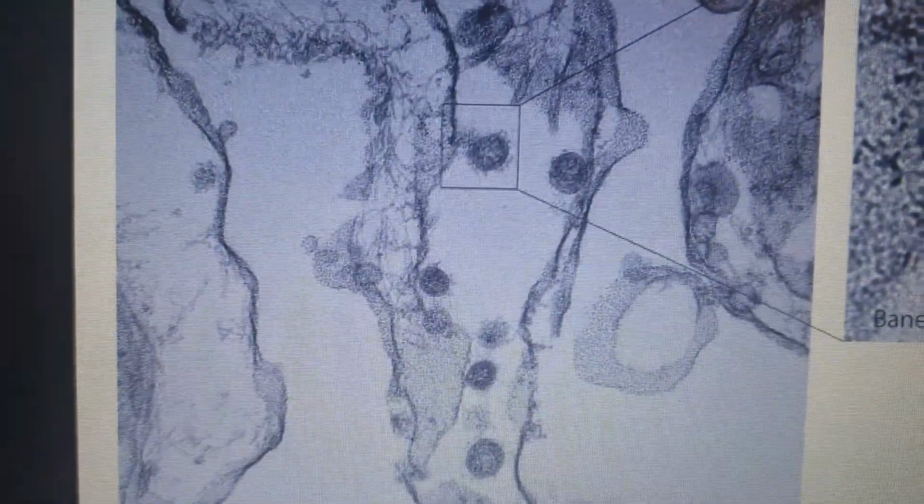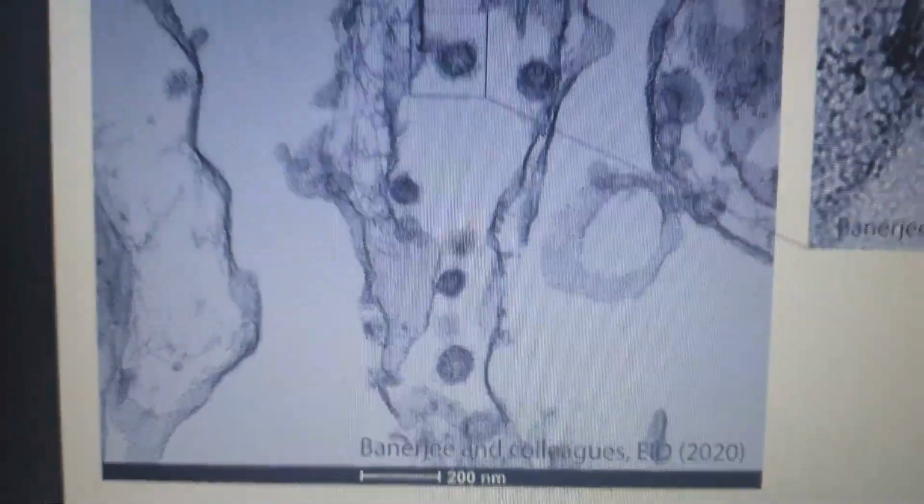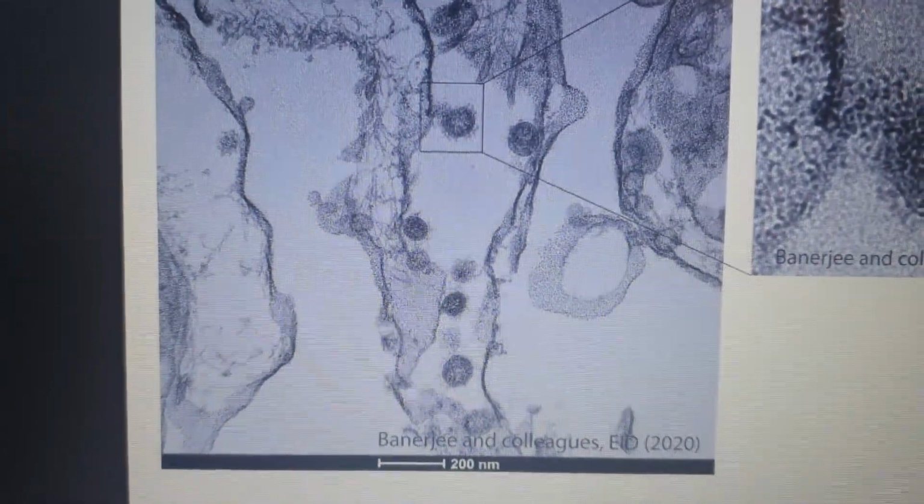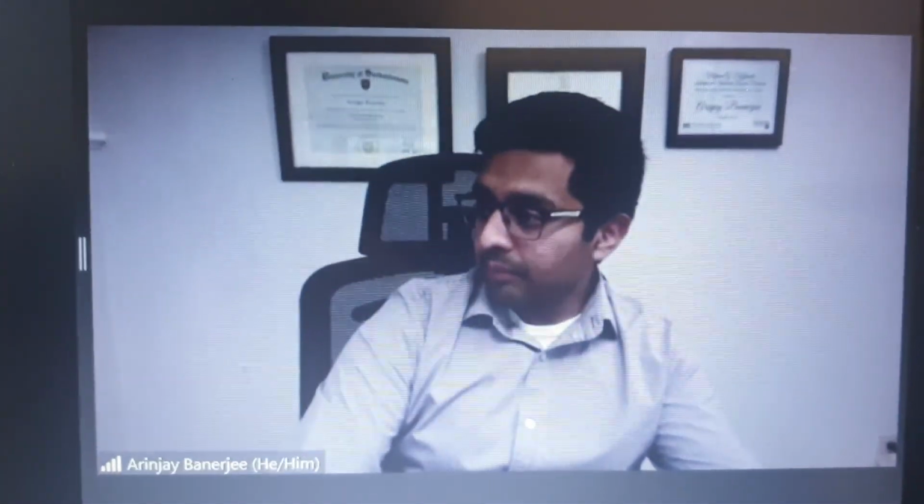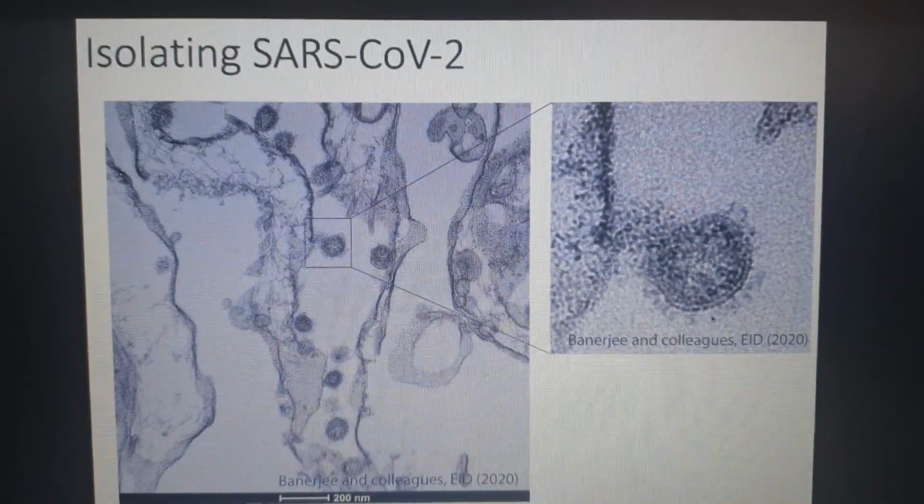And if you zoom into one of these, I hope you can appreciate this light gray halo outside of the virus particle. So the virus gets its name coronavirus because corona means a crown. The spike protein forms a crown around this round virus particle. And this light gray structures on the outside is the crown that this virus is wearing. So we knew we had